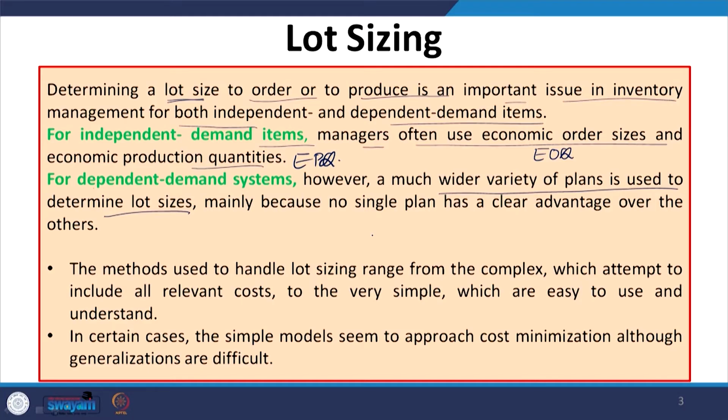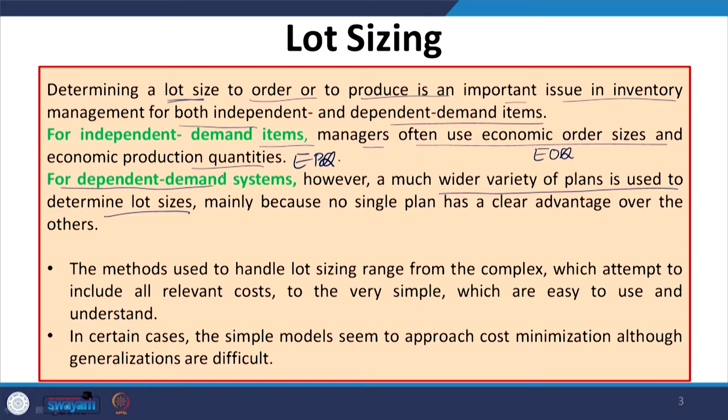Depending upon how cost parameters are arranged, how our requirements are fulfilled, what type of constraints are there in my production system, how much is the availability of the machine. So, a variety of factors are affecting the lot size decision in case of dependent demand system, and therefore, it is mandatory to discuss almost all those types of popular systems which are used for lot sizing decisions in case of